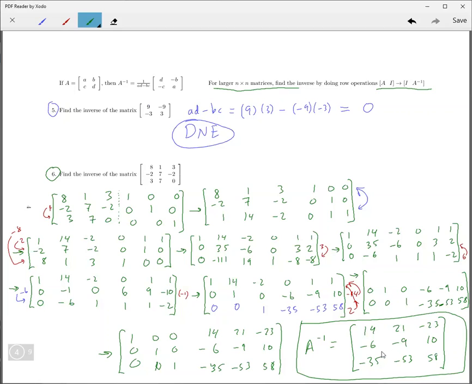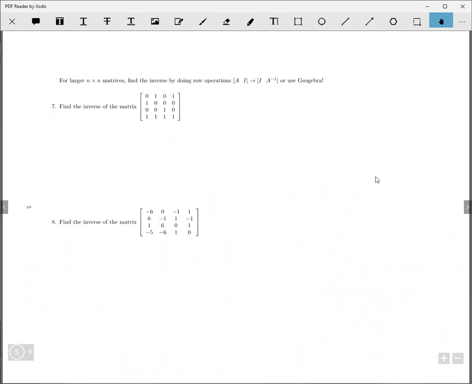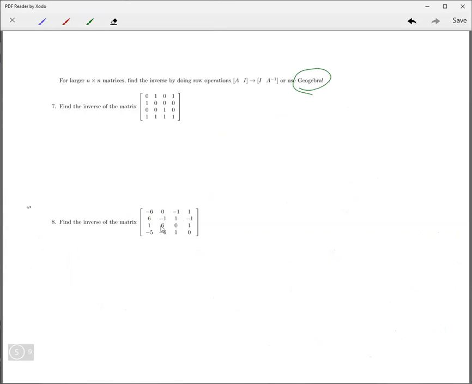Okay, now I got to show you how to do this using Geogebra because that's going to make your life a lot easier. So let's take number 7, and we'll do the thing on that. Okay, so here's number 7. Find the inverse of that one, and then we're going to do it this way using Geogebra. Okay, so the matrix 0, 1, 0, 1, 1, 0, 0, 0, that's 1. So I'm going to put that